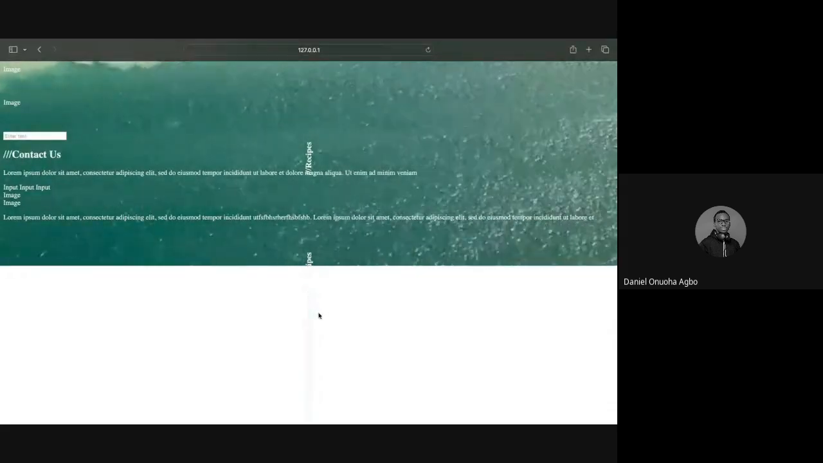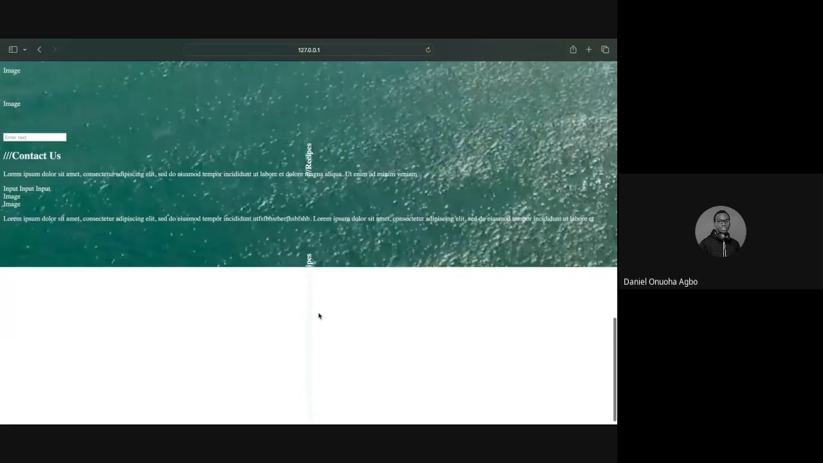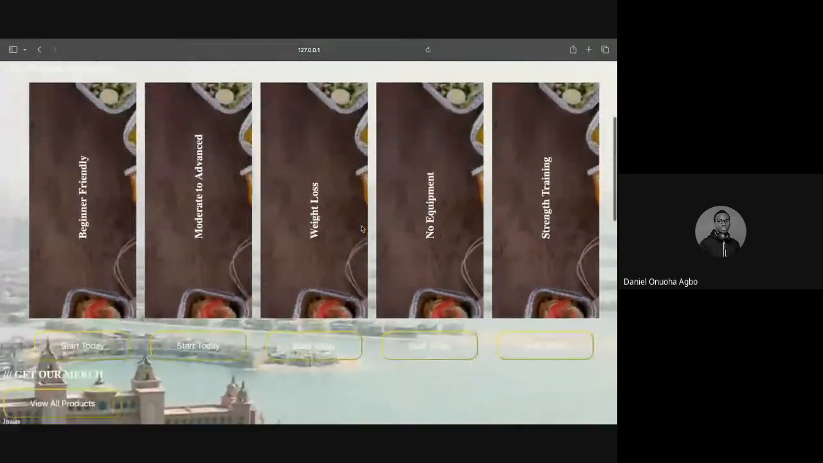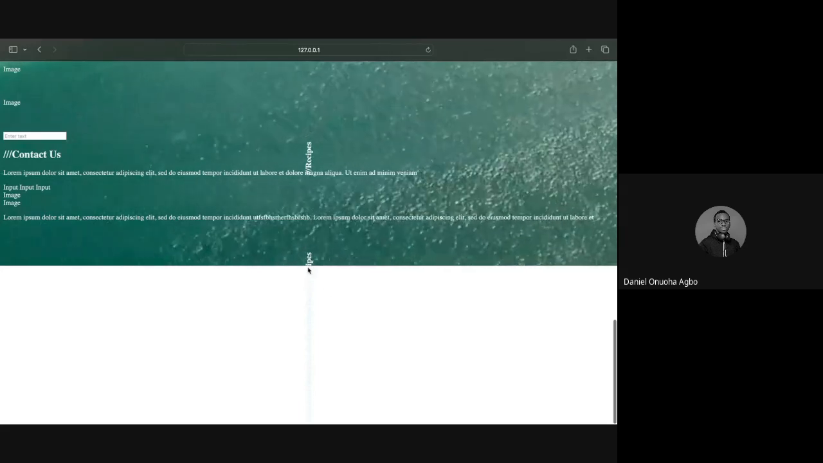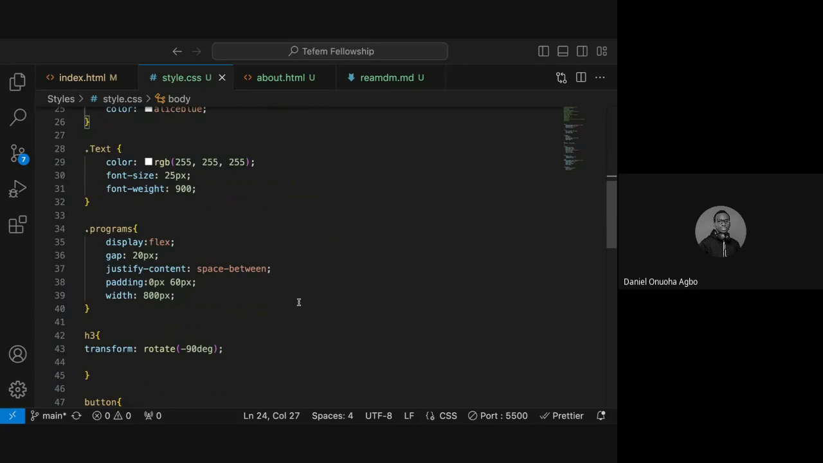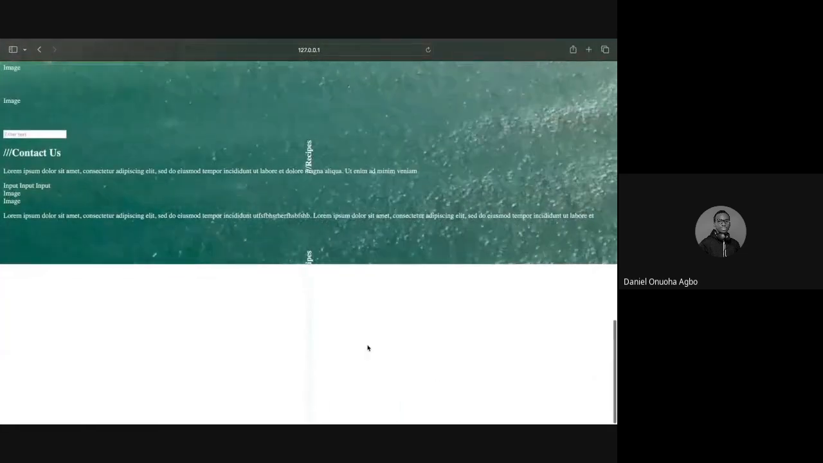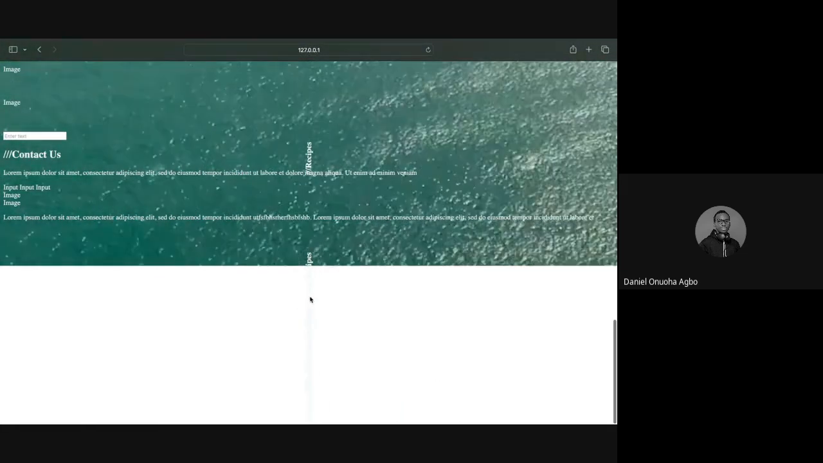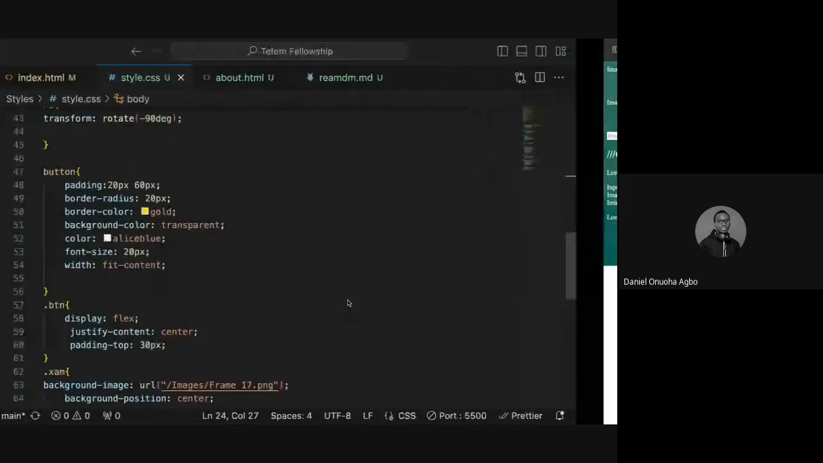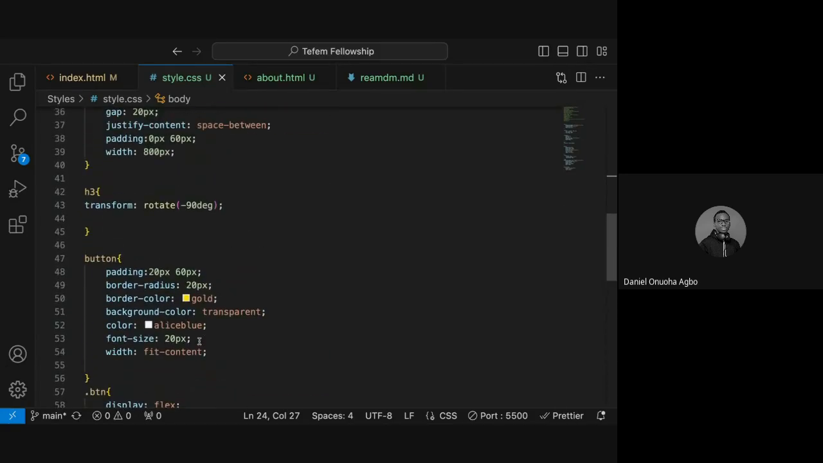So we actually fixed it, but there's a situation. The problem here is that we transformed all our h3 elements. So this one here is an h3, and it's also been affected, which is making it transformed. How do we fix it? So if I remove this from here,